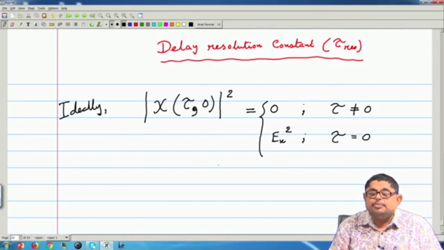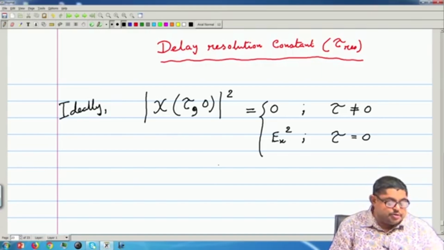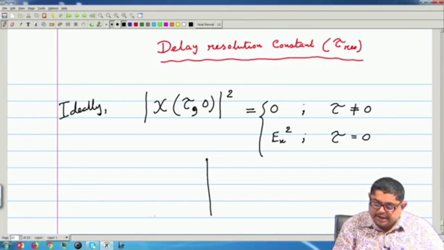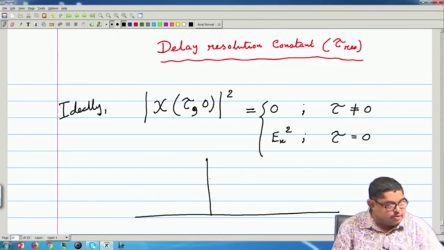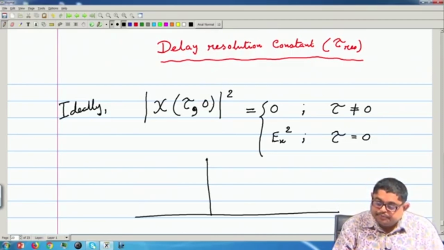So, I cannot send any amount of power there, I cannot make it very peaky. In a very short time, I cannot transmit the whole energy. So, this is impractical. That is why any practical range ambiguity function will have a